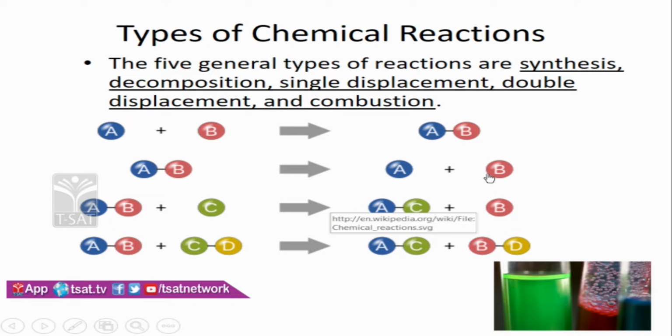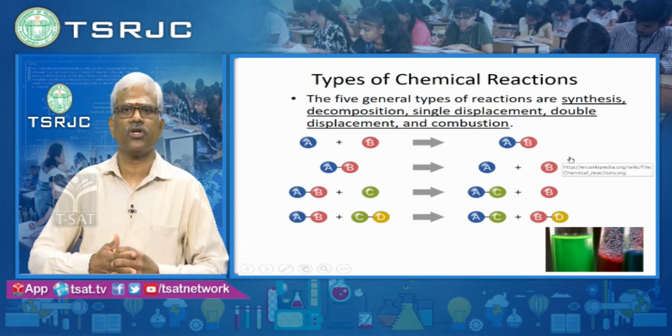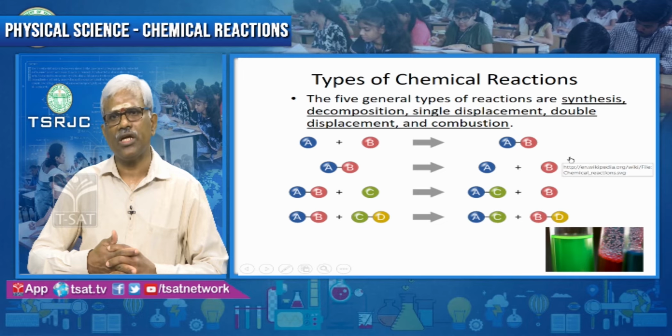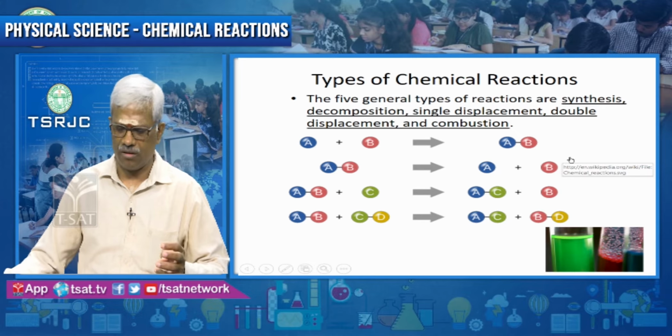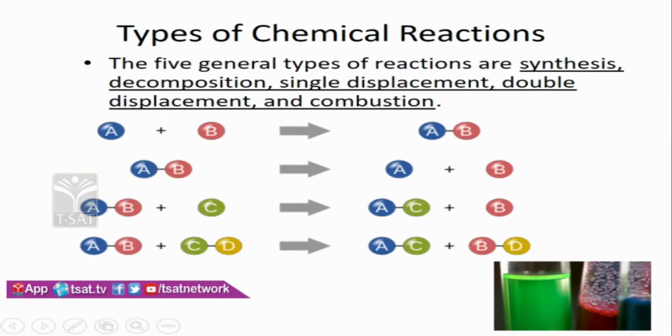Now, another concept to ask the questions are types of chemical reactions. We generally segregate different varieties of chemical reactions in the surroundings into 5 major types. The chemical composition or synthesis reaction, decomposition reaction or dissociate reaction, single displacement reactions, double displacement reactions and combustion reactions. Let us discuss all the varieties one after one.